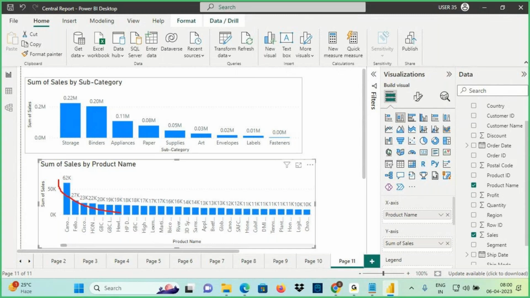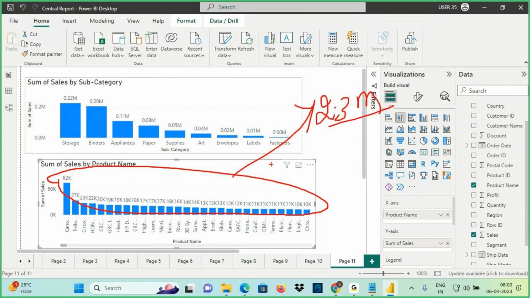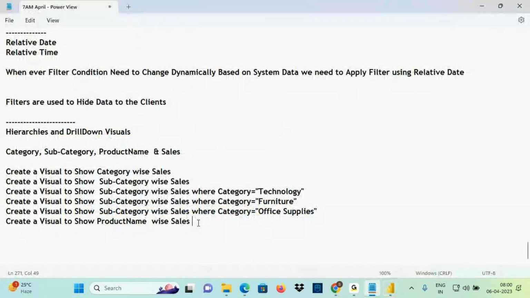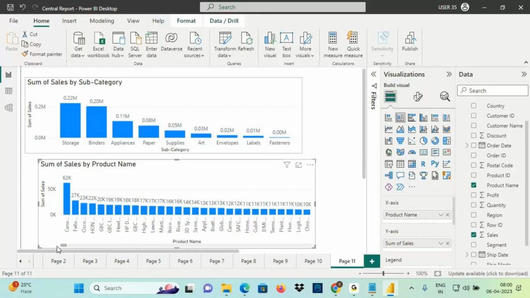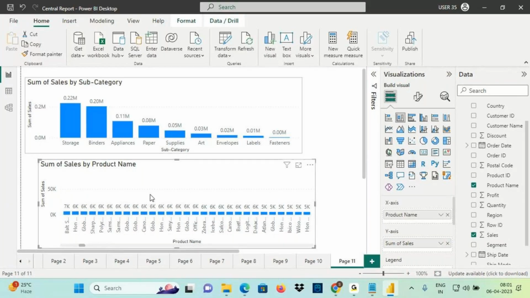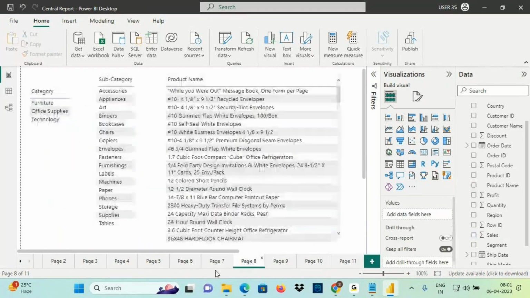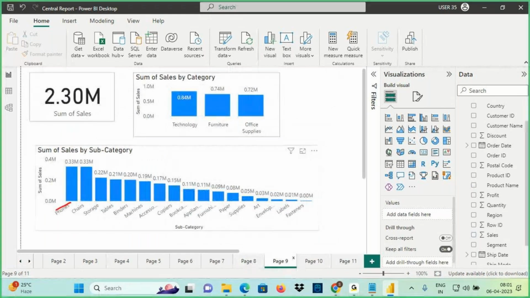Guess, when you sum all these sales values, what amount might you get? 2.3 million. Why? Because you are showing all products, all sales. Now tell me, what might be the next information they will expect to see here? When they see all products and sales, they might not understand the data in a clear way. What they might need now is, for each subcategory, to show product-wise